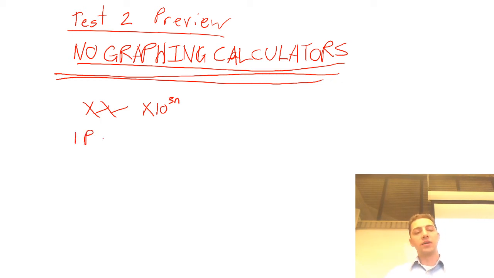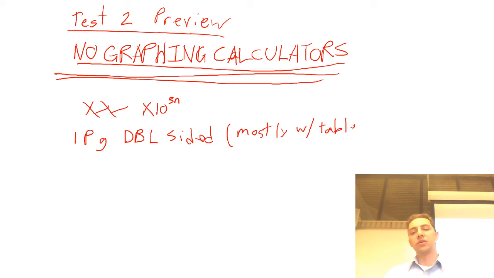1 page. Double-sided cheat sheet. This is going to be filled mostly with tables, and I'll get to why it's going to be filled with tables in a second. You can bring